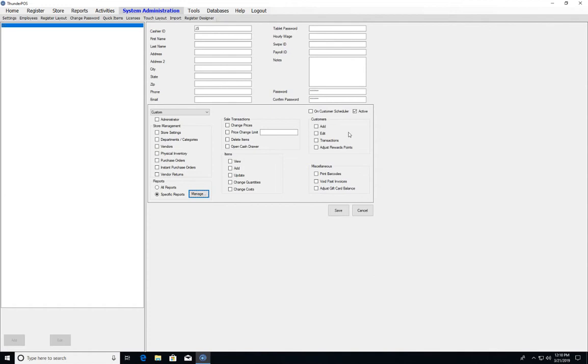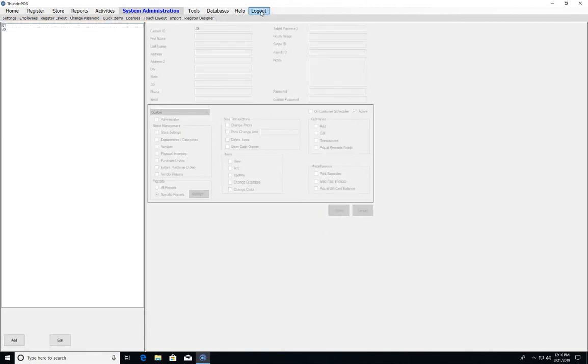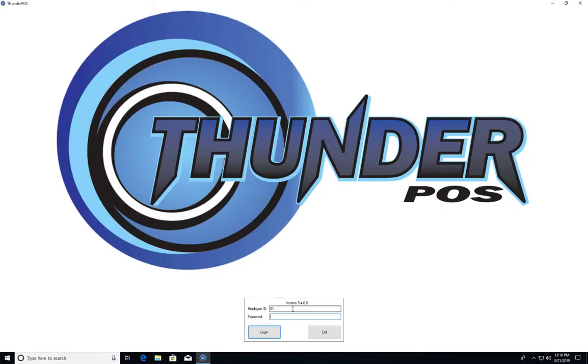So we're going to go ahead and save this employee just to show what it's like, because we're logged in as somebody with administrator, which means we have all of the different options and everything. If we log out and then change the employee ID to that user,